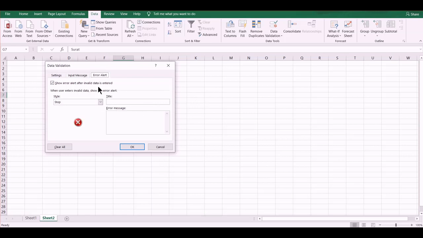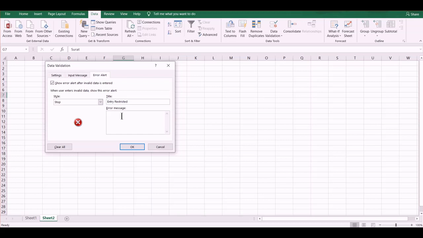Error alert. If someone enters a value beyond this drop down list, what should it do? If we select Stop, it will not accept any other values, so it will give an error. Then what should be the title of the error? You can write, entry restricted.